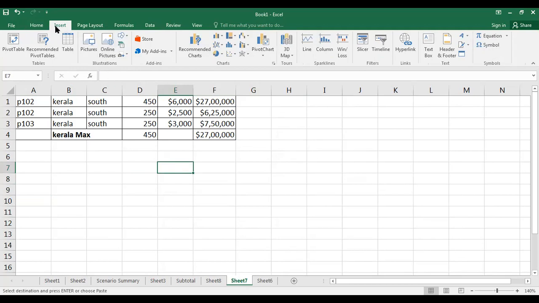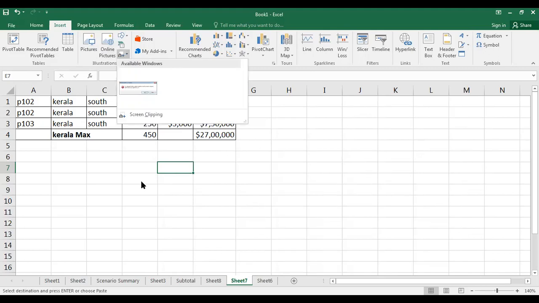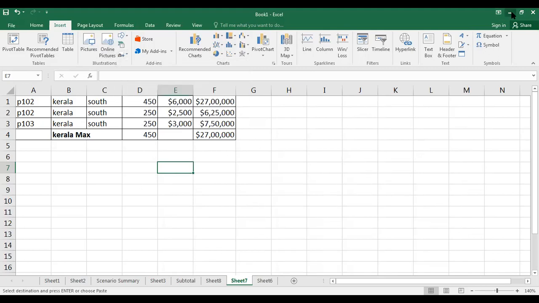So now you can see in Insert, last class we saw illustrations where you could insert shapes and diagrams. Now you can even insert a screenshot of whichever screen is appearing in the background. Suppose I open another file.